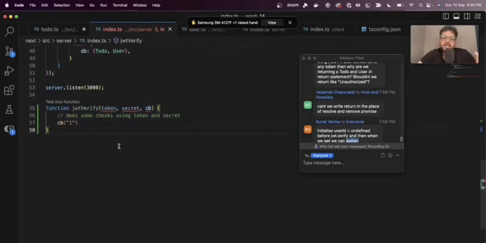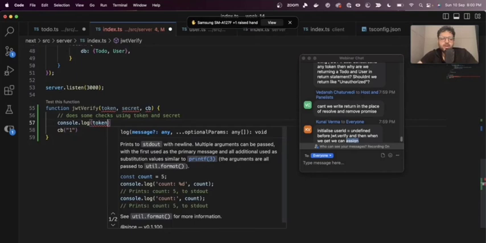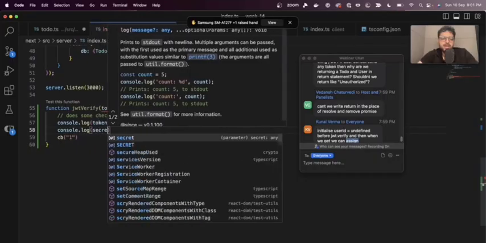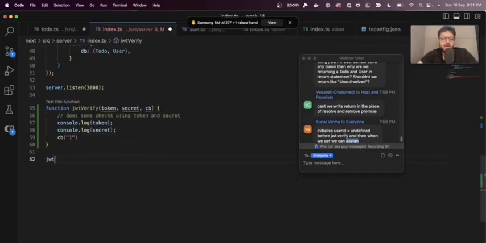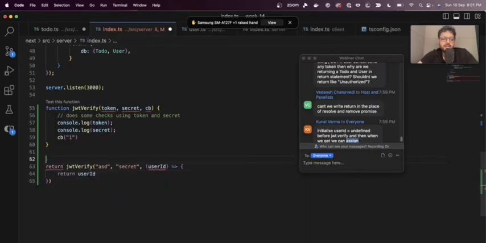Assume this is a JWT verify function you've written on your own, which takes 3 arguments, just logs the token, logs the secret, and then calls the callback with 1. If I call JWT verify and I pass in some string, another secret string, and a callback function which gets access to user ID, if I return user ID here, and let's say I return this thing inside a function,